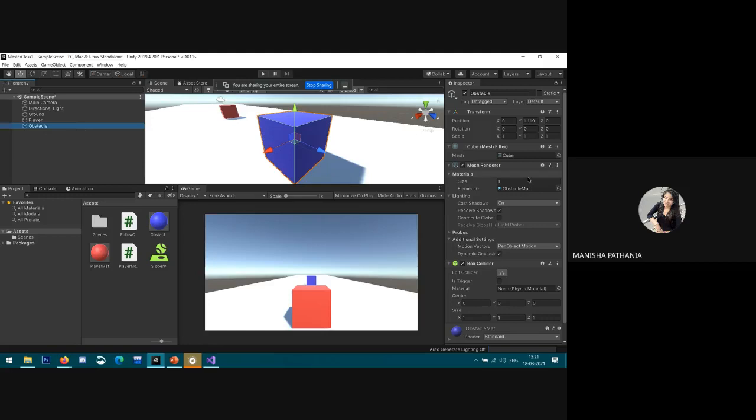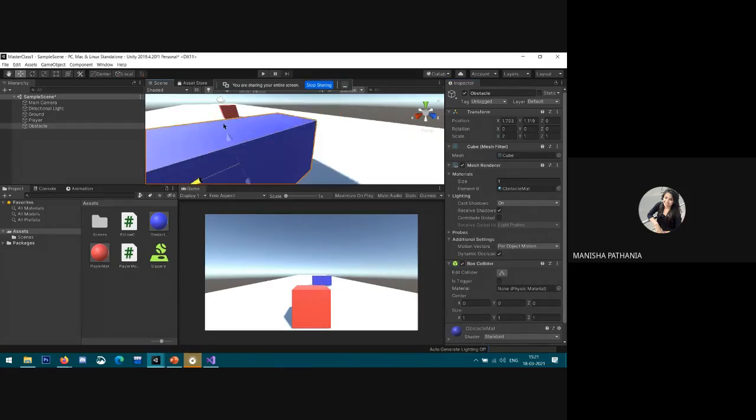Click on the obstacle first. You need to scale it something like 2 in x direction, say. I already created an obstacle for this.